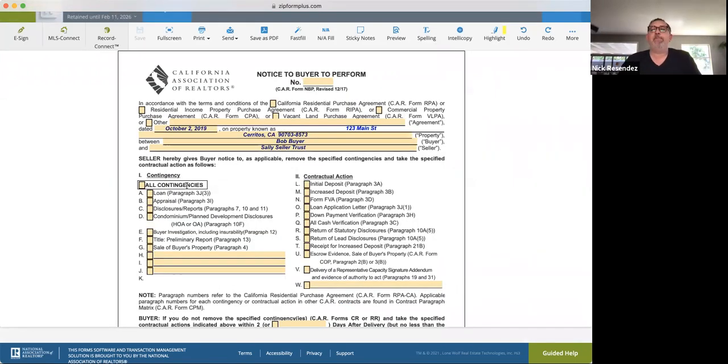Basically, it's super simple. If a time frame is coming up, a seller can deliver a notice to buyer to perform, right? And the notice to perform is either going to be regarding a contingency or a contractual action. Most of the major ones are listed here, right? We know we've got loan, appraisal, disclosures, condo or planned unit development, buyer's investigation, including insurability, prelim, the sale of buyer's property, etc., or